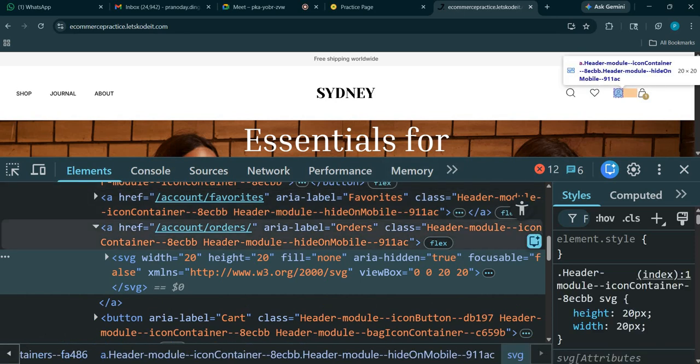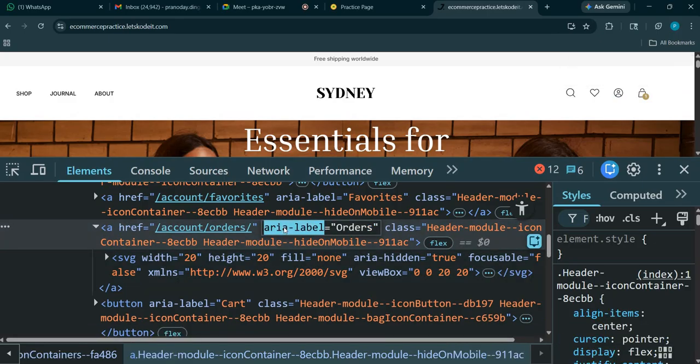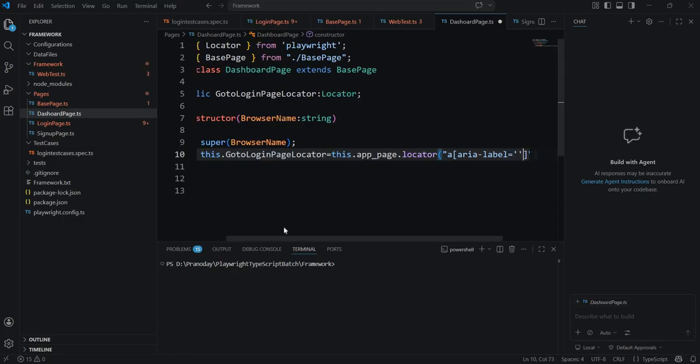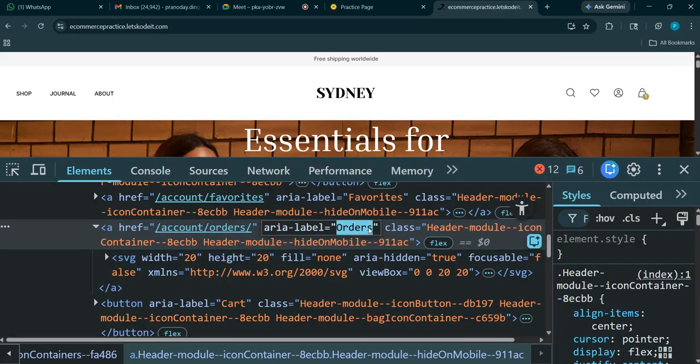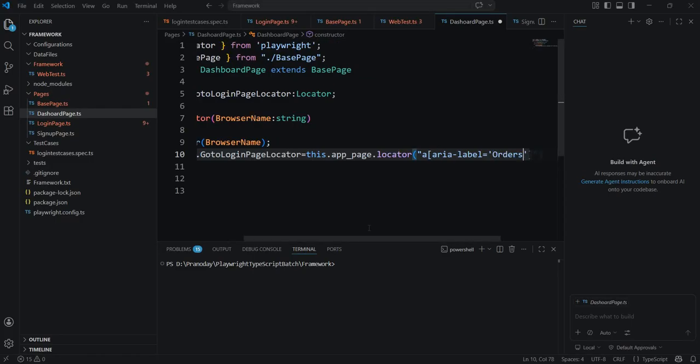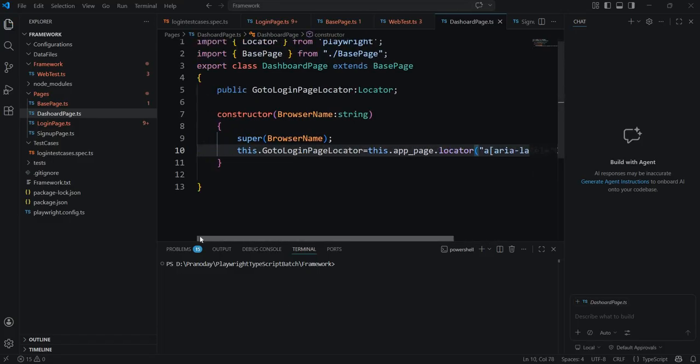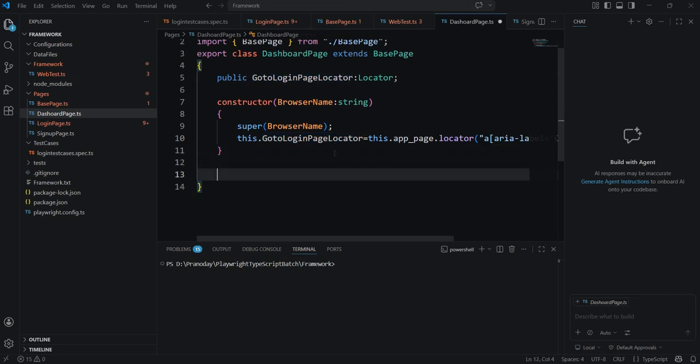So this is the CSS which we would be using. Let's say this aria-label we want to use. So I'll say a and aria-label equal to orders. This is our CSS. Okay, so this element we are storing in this go to login page locator, and then we are going to implement